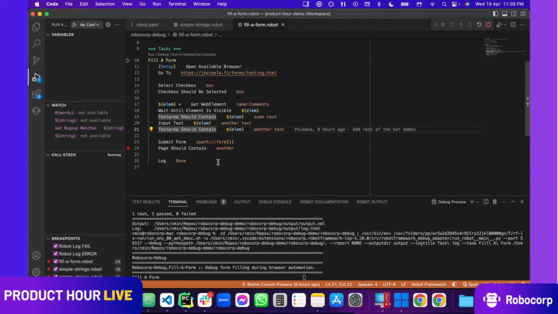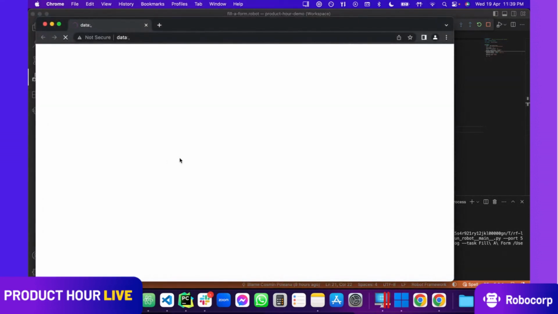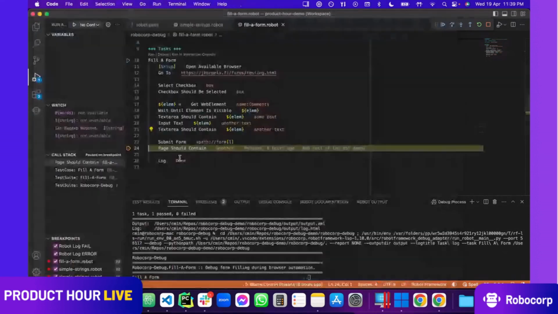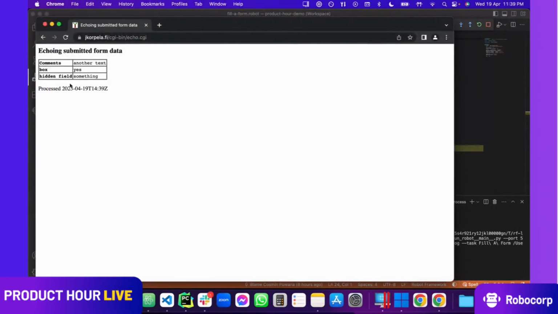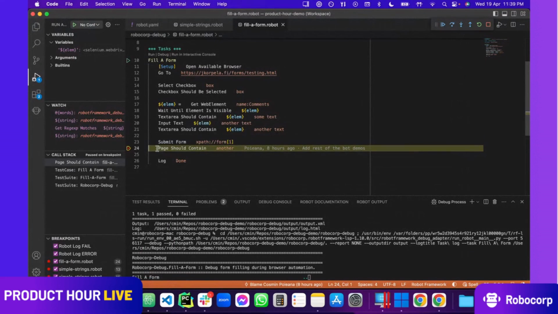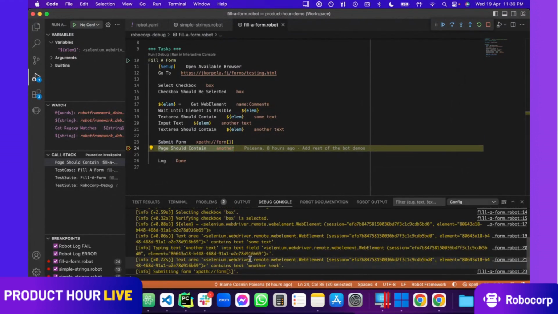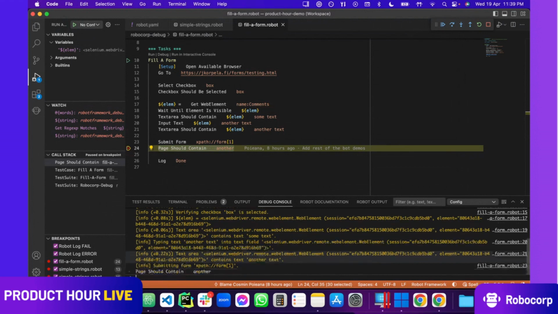Who knows? Maybe I've got a bug here in the bot and it's not checking for the right thing. The solution for you: put a breakpoint, run the debugger, and it will stop execution right at that breakpoint. If I'm getting back into my browser, I can see now the result of the submitted form. And there is actually another text that was completed by me right in the page source. And just for testing purposes, let's say I'm copy and pasting this instruction here, going to my debug console and pasting it here to check how it works.